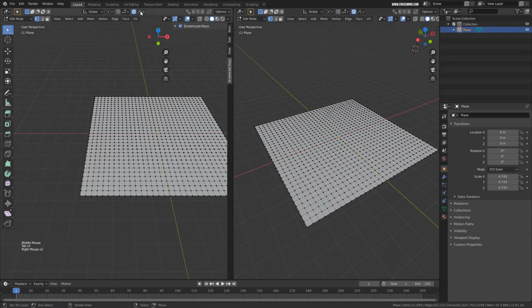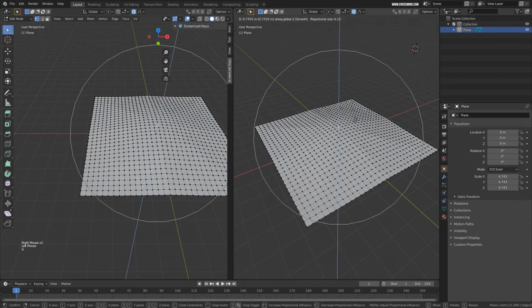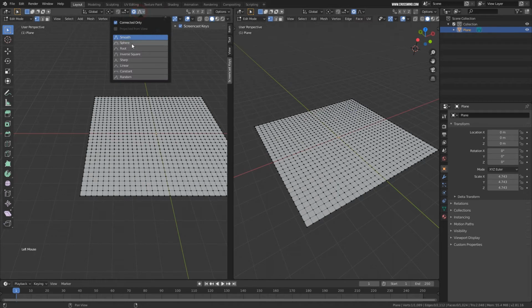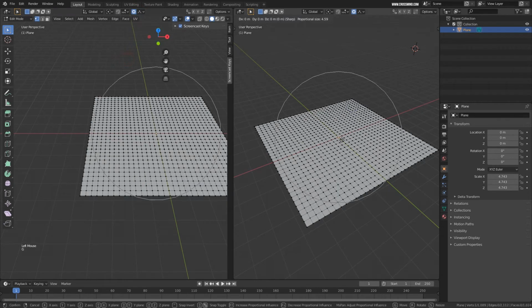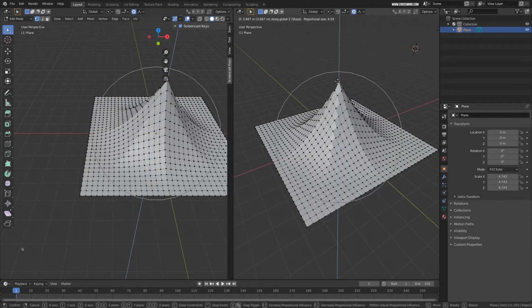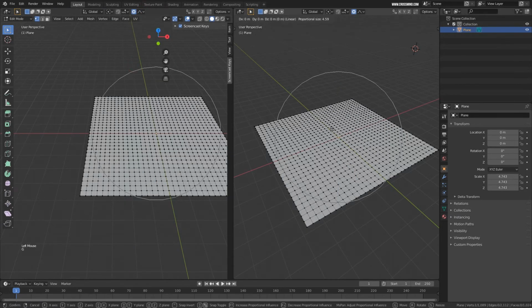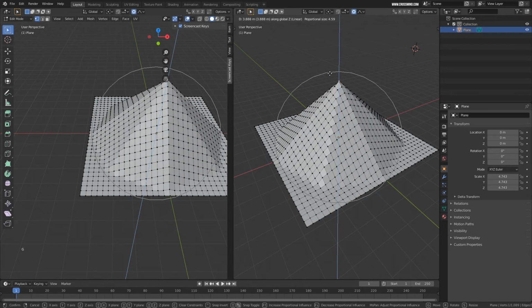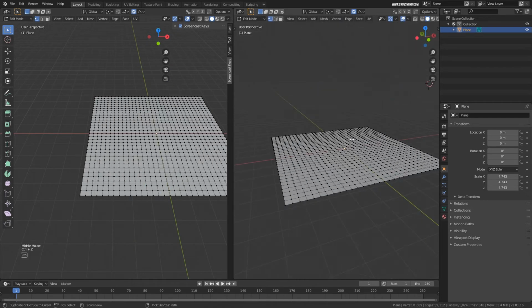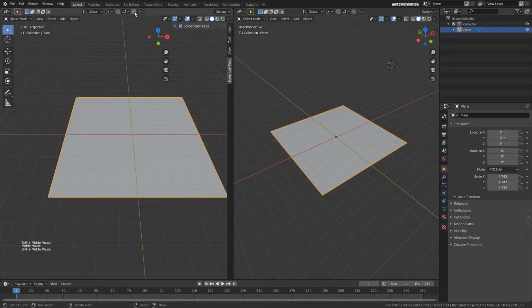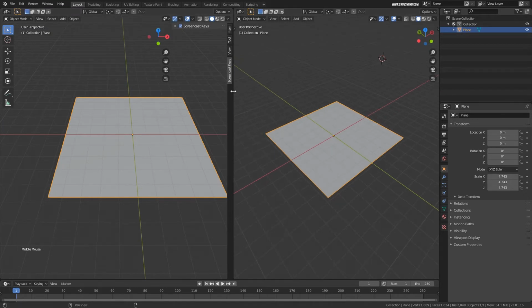Now right now we are using smooth. Okay, I'll move them in Z direction. Now if I change this to sharp, then this will create a nice pointed deformation. And if I change this to linear, this will create a straight out pyramid. So get used to this one, and this is going to be a lot helpful when you are modeling